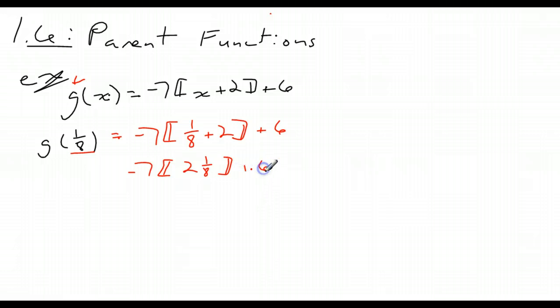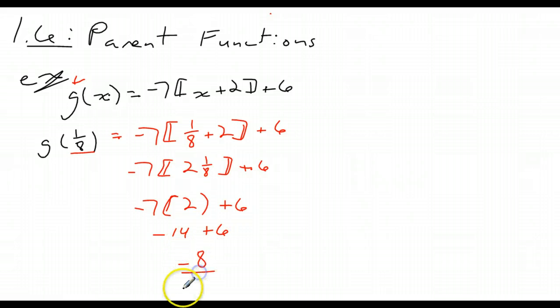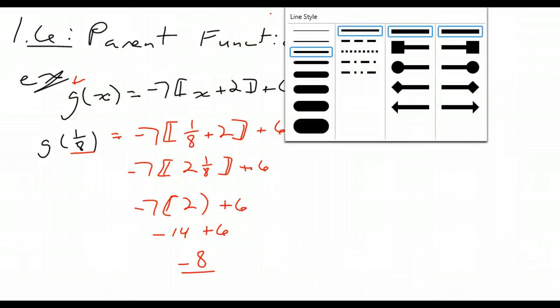plus 6. Don't forget, greatest integer means to round down, so if I take 2 and 1/8 and I round down, that's going to be 2, so negative 7 times 2 plus 6. Well, negative 7 times 2 is negative 14 plus 6. So negative 14 plus 6 is negative 8. That would be our answer. However, if we want to do something like, say, g of